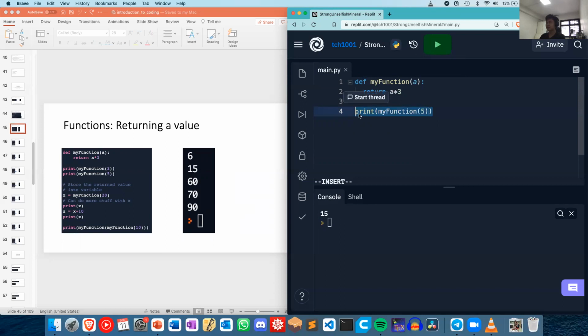And besides, right now it might seem there's no difference between just printing in the function, and why can't we just write print a times 3 instead of returning it, right? But the answer to that is that when your function returns a value, the output, you can store it in a variable and you can do anything else you want to do with it. So for example, instead